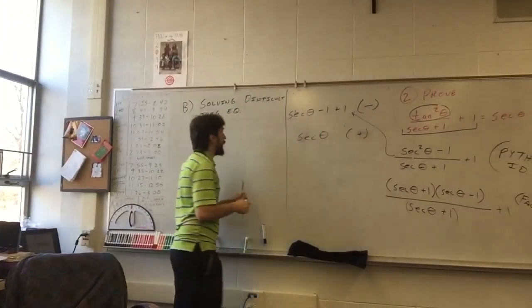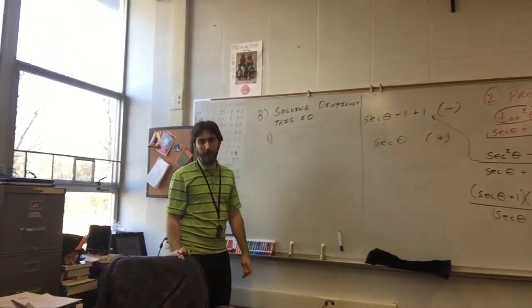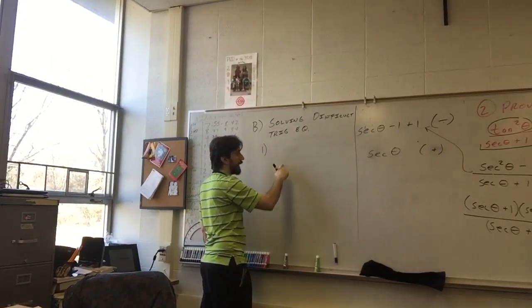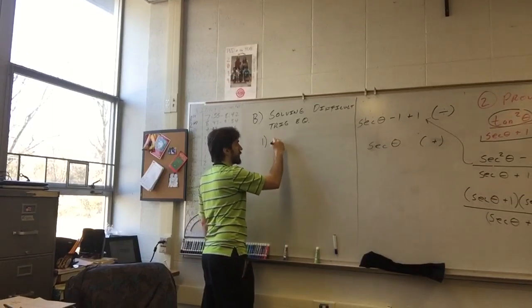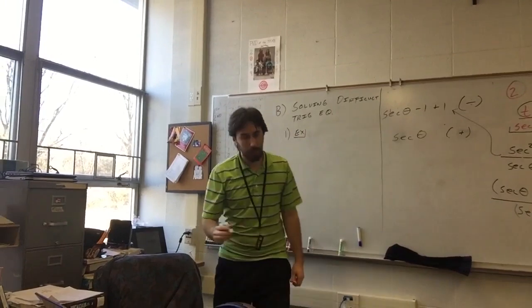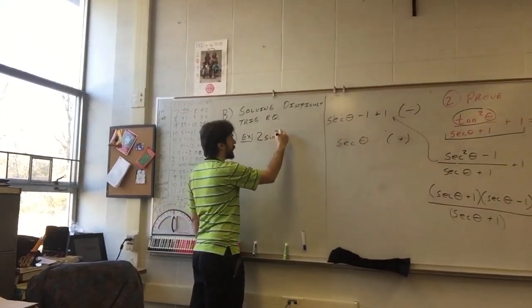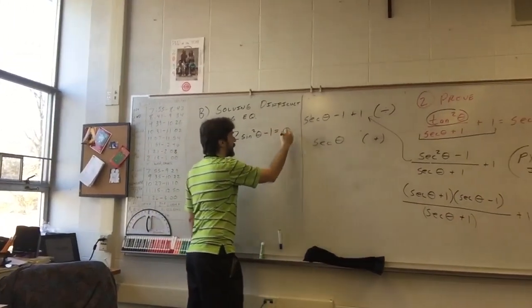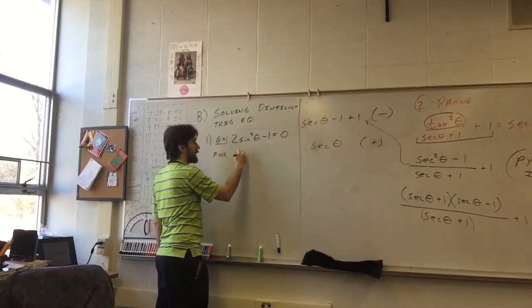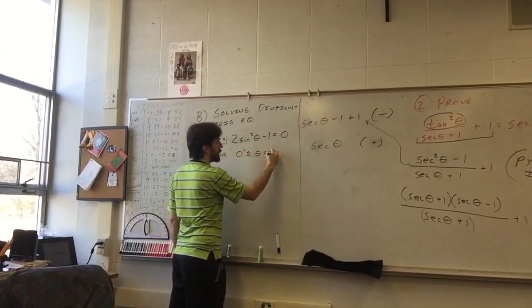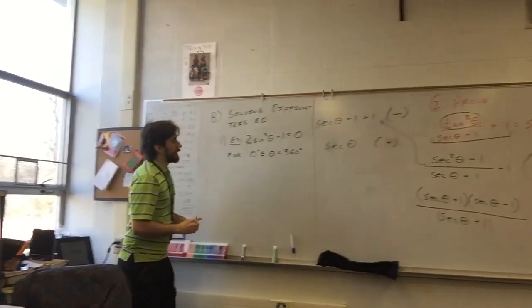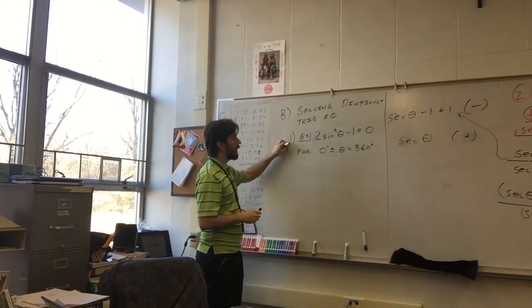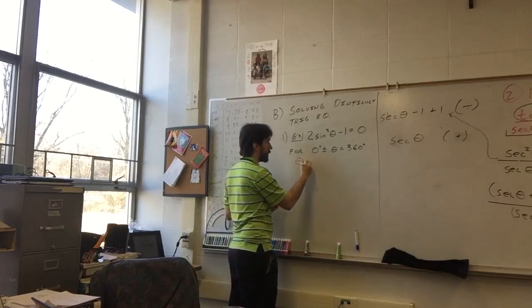So the main thing we're going to say is that if you have a trig function squared, like a lot of the problems they give you, here, let me just show you. For example, the first one they give you will be 2 sine squared of theta minus 1 equals 0, for 0 degrees is less than or equal to theta is less than 360 degrees. So for a problem like this, where you're asked to solve and find out what theta is equal to,